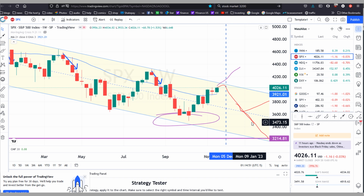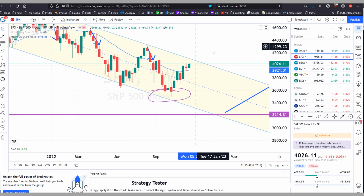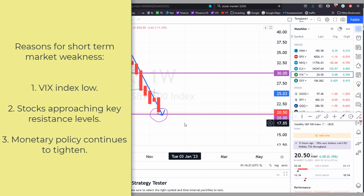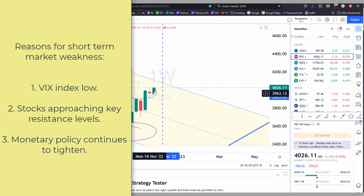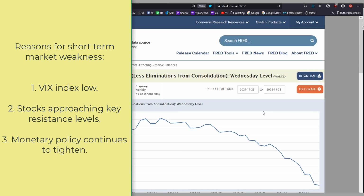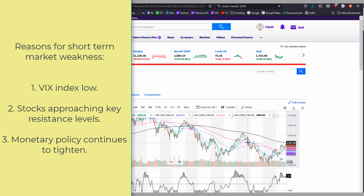So just be careful, because there's nothing wrong with just sitting on the sidelines for a while, especially when the VIX is sitting so low around 20 and the S&P 500 is near the top of a bear channel and the Federal Reserve has not stopped increasing interest rates. Now they may increase it by a smaller amount, but unless they start to cut rates or unless their balance sheet starts to not even go up but maybe just stay flat,